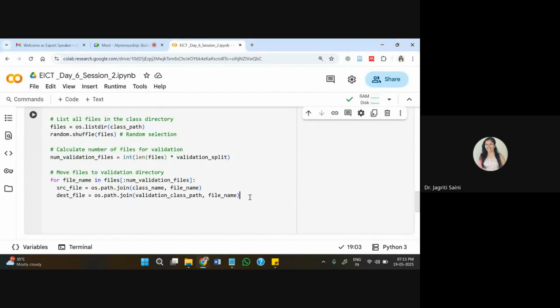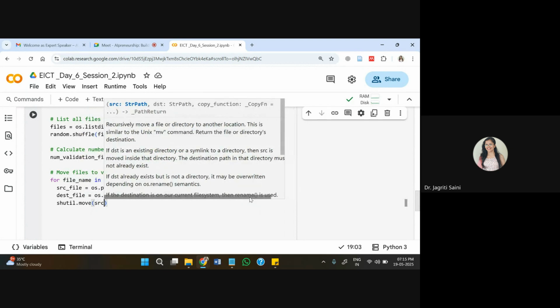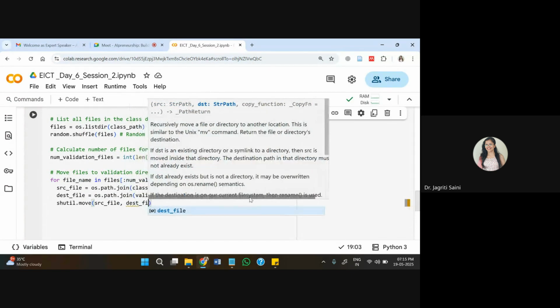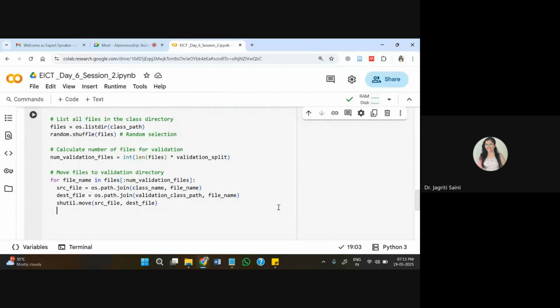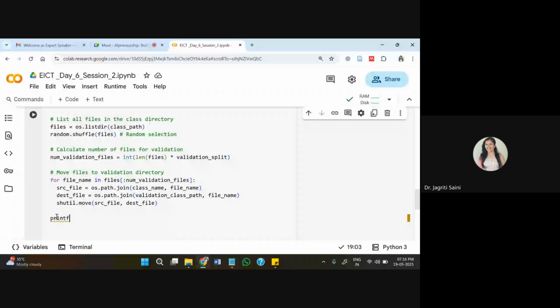So we are just joining repositories, and then the shutil function I'm using here. This will help us to move files from source to the destination. So first we will write the source information, and then we will write the destination information. And in this way, it should ensure that we are moving files from one place to other. And ultimately here we can use the print function to print the details of what it has moved.